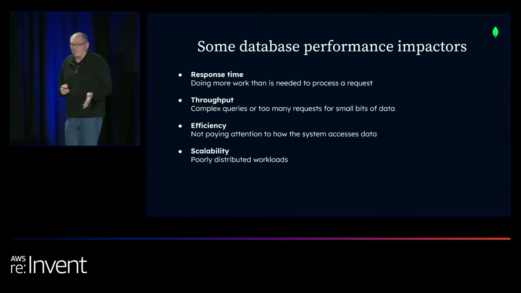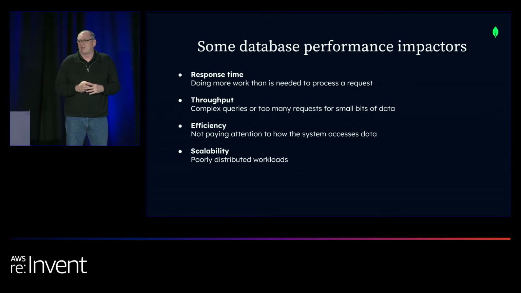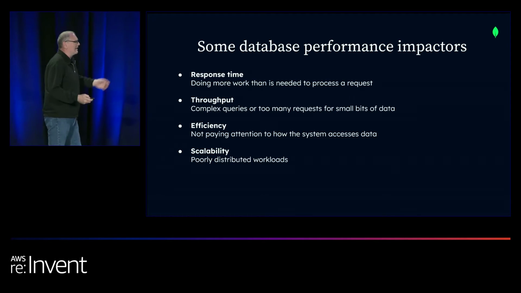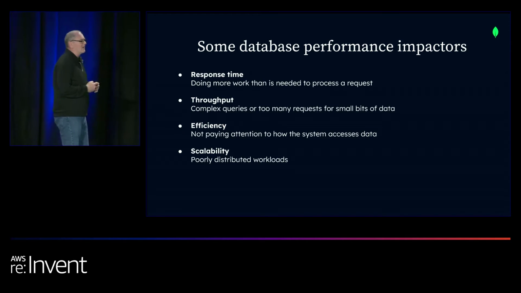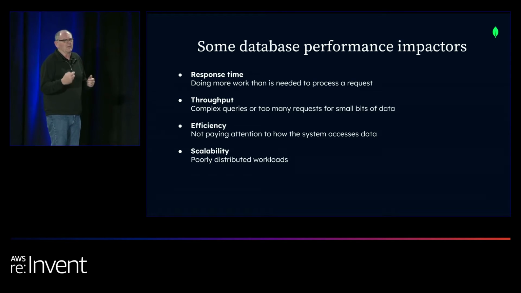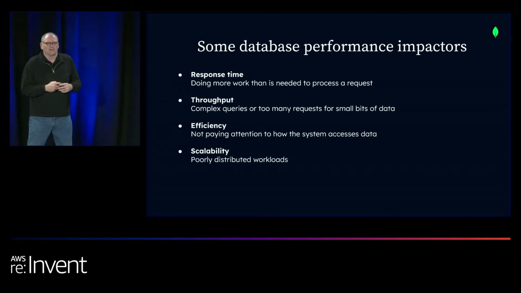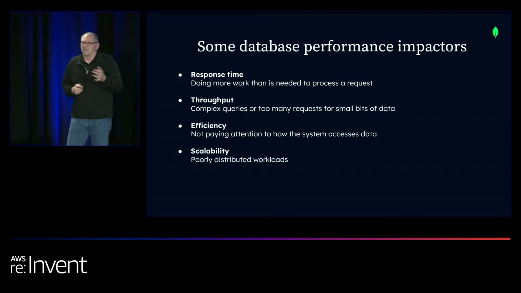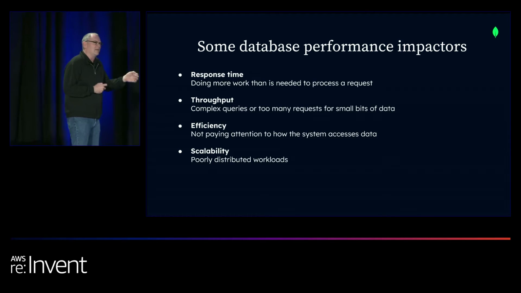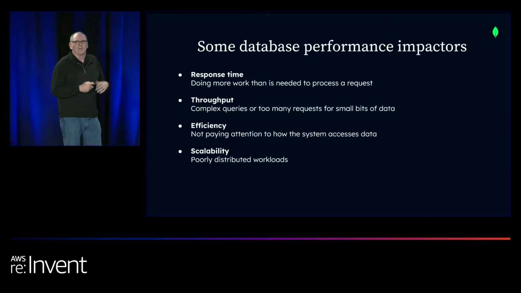Efficiency comes down to not paying attention to how the system is actually accessing the data, right? We start to build large documents, embedded rich data structures, and we start to update little small pieces of data within these structures. It's not a really efficient way to work with the data. And so we're not paying attention to how the system's actually accessing the data. How is it using the data? If it's using the data in bits and pieces, then we should build a data model that represents how the